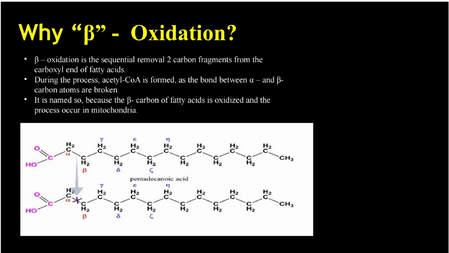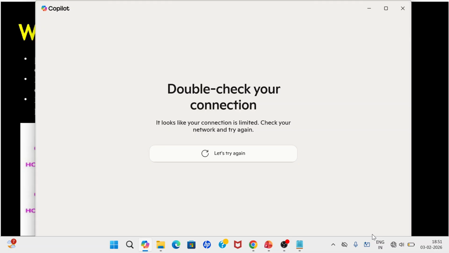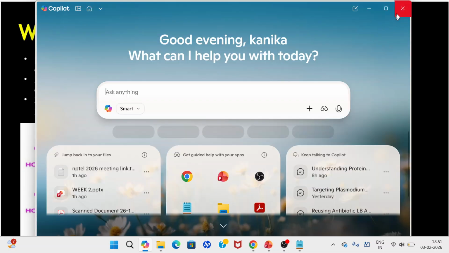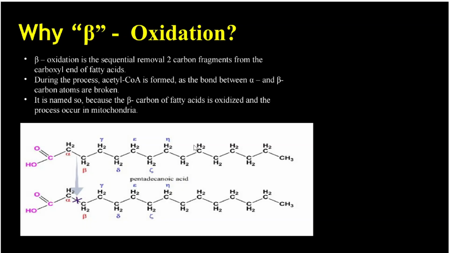During the process, acetyl coenzyme A is formed as the bond between alpha and beta carbon atoms is broken. It is named so because the beta carbon of the fatty acid is oxidized and the process occurs in mitochondria. So where does beta oxidation happen? It happens in mitochondria. I'm not going into the details of beta oxidation step by step because